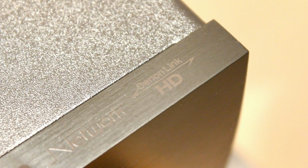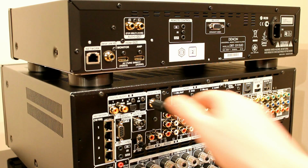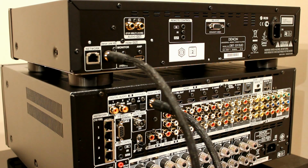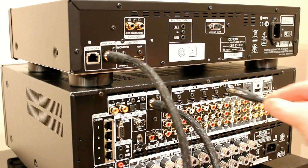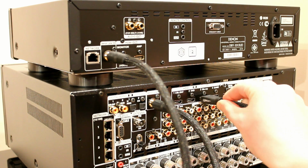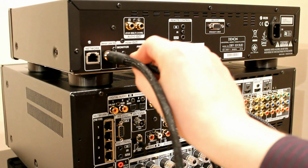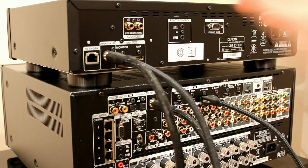But we're going to show you here the Denon Link, how you set it up. The actual sound is still carried down the HDMI cable. What the Denon Link HD does is actually sync the clocks of the 2 units to really minimise on jitter. So you hook the 2 up, and you then plug the Blu-ray player in as well using HDMI into the monitor out on the Blu-ray player, and